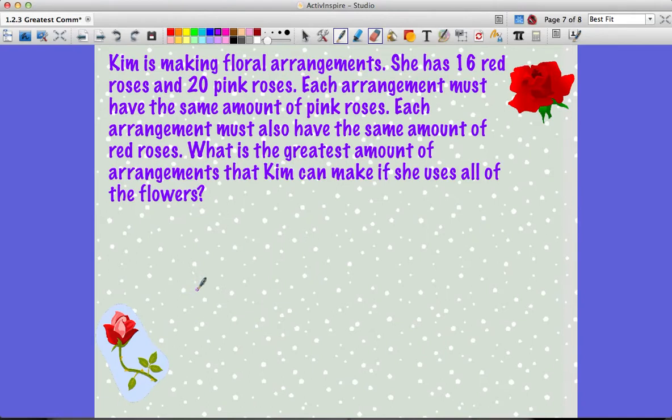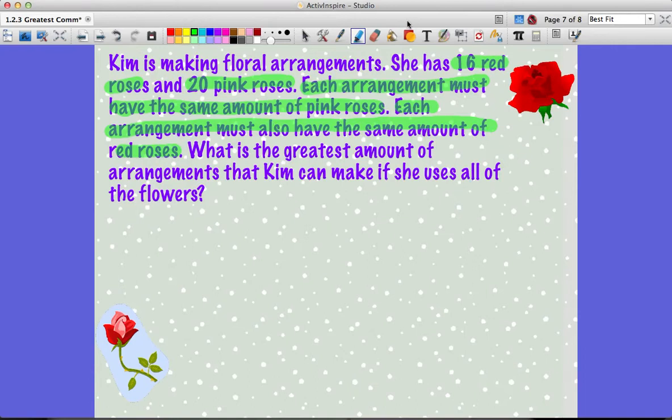Right, so when would we use something like this? This would be a situation where using the greatest common factor would help us figure out how to solve Kim's problem. And Kim's problem is that she's making floral arrangements. She has 16 red roses, 20 pink roses, and each arrangement must have the same amount of pink roses, and